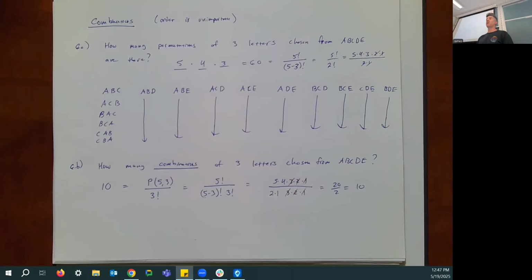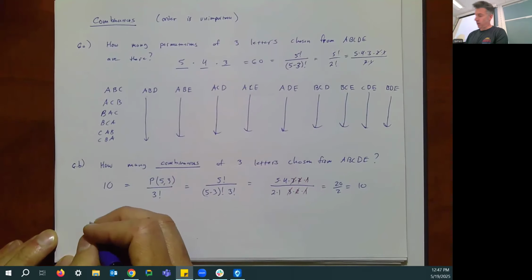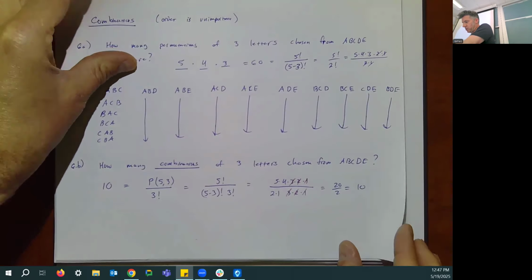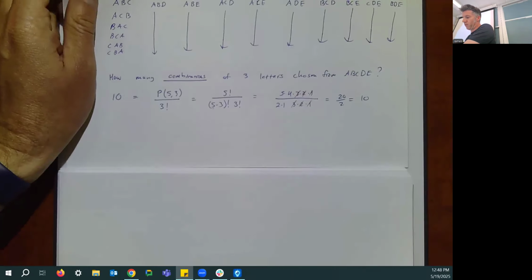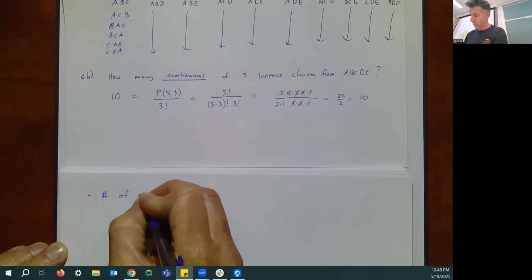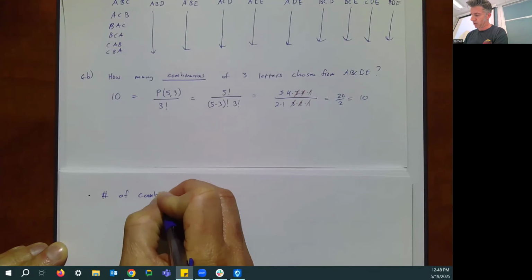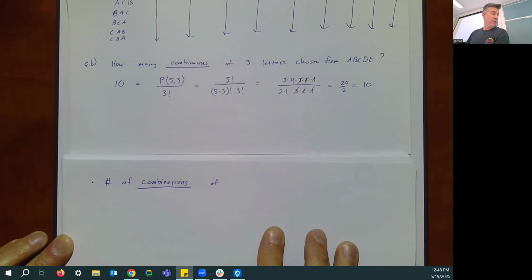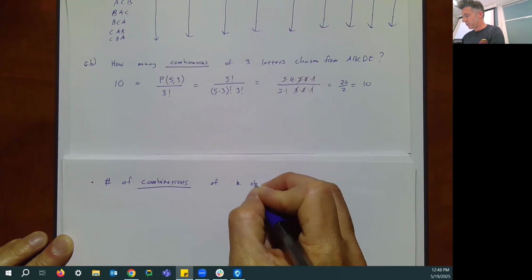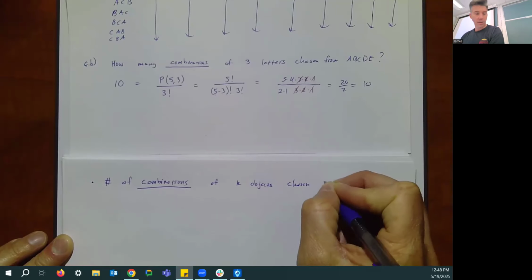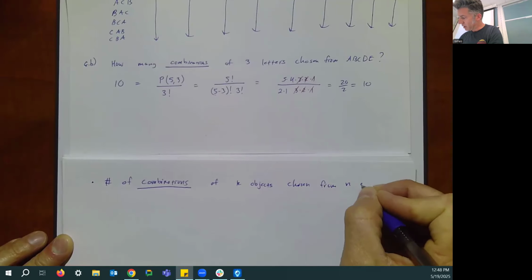This formula has a much nicer notation, in my opinion. Let me start off with another page here instead of trying to fit this at the bottom. So the formula for the number of combinations, not permutations, combinations, where order doesn't matter, of k objects chosen from n objects is,